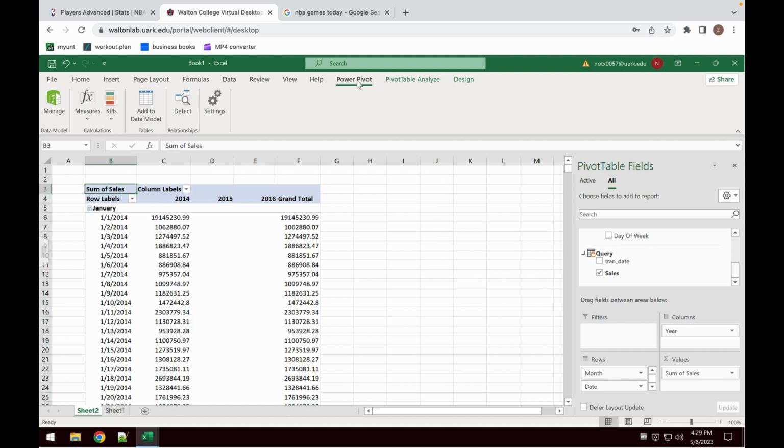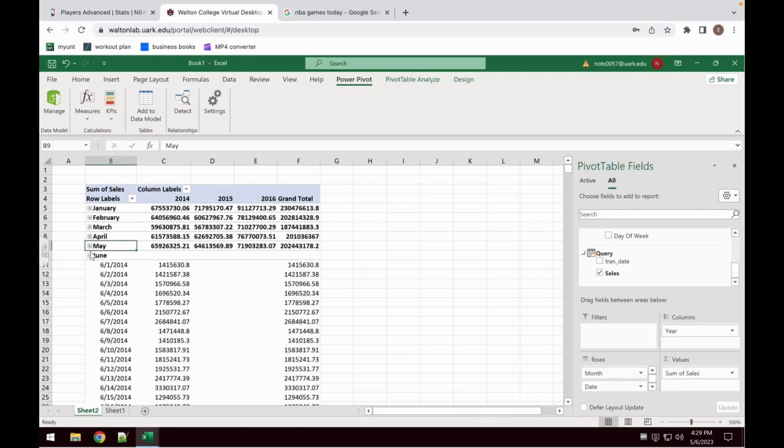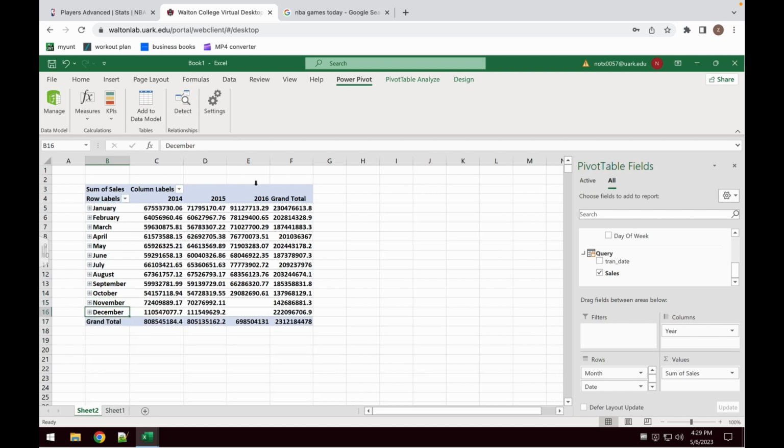Now we're going to go over to Power Pivot. And if you just look, this is a really cool way of breaking it down. We did it by month. Make this smaller so we can see everything. There we go. And then Power Pivot, we're going to go to Manage